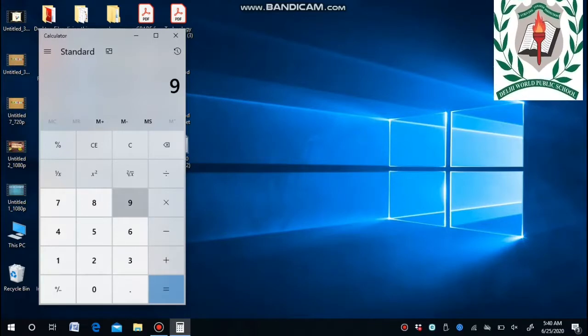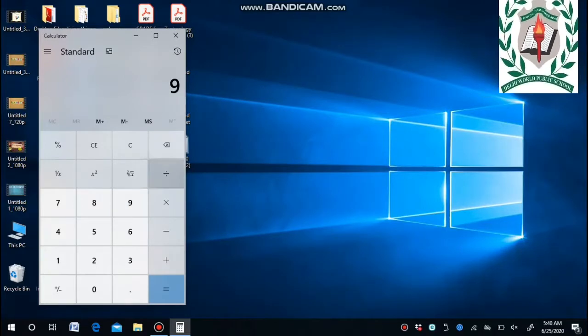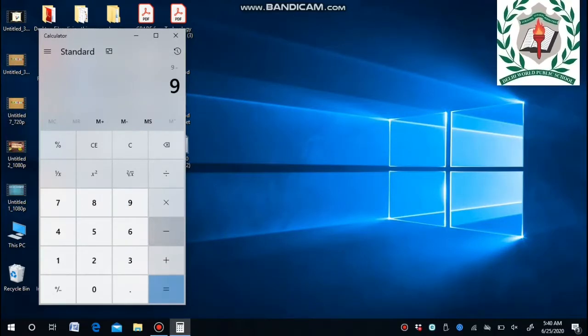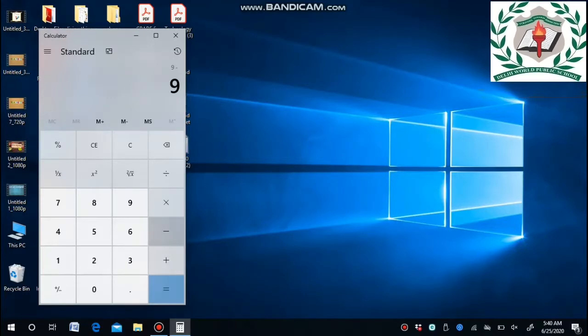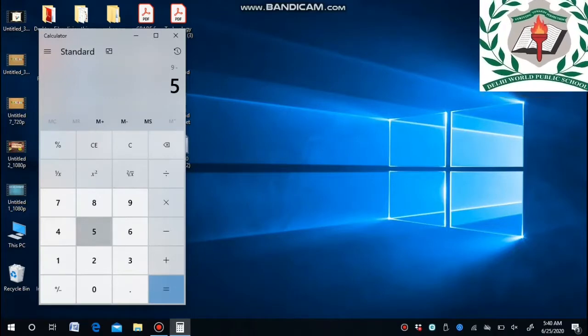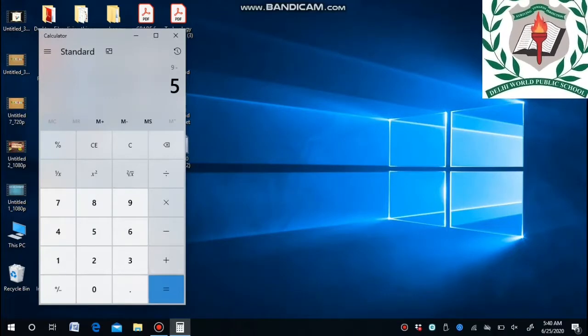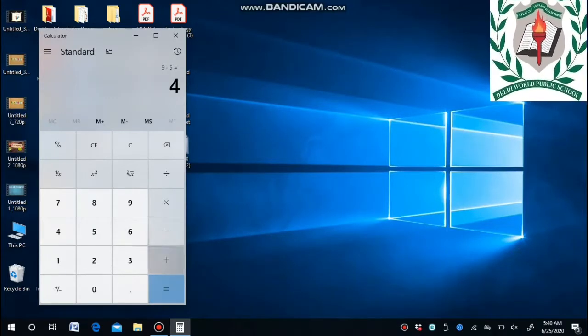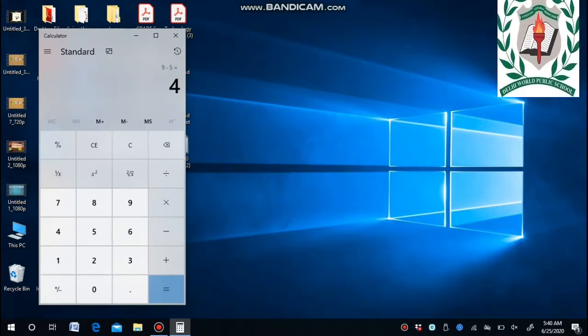I just want to click 9. Click the minus symbol. Yes, it appears. And then next click 5. We need that answer, so click equal to. The answer is displayed on the screen.